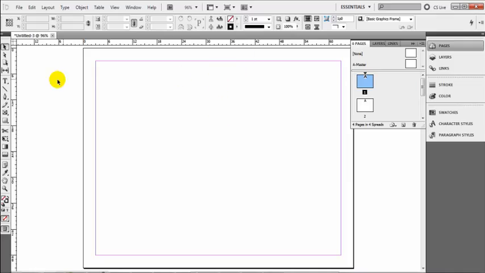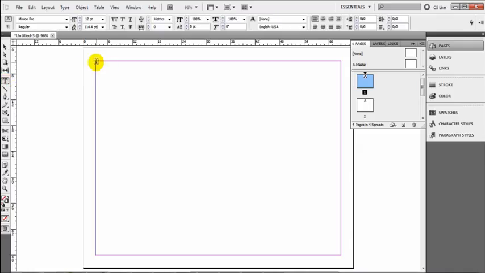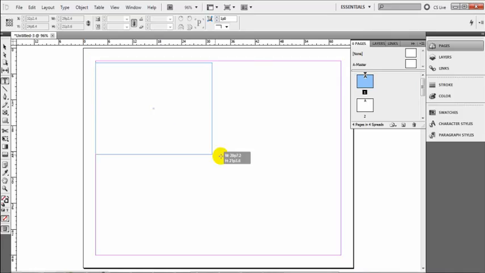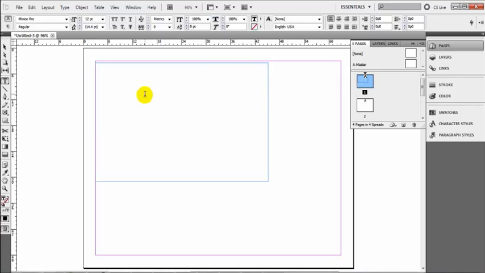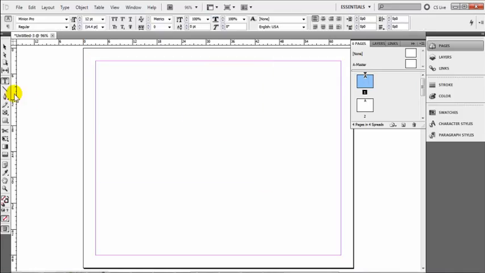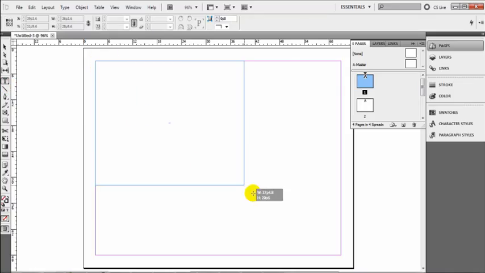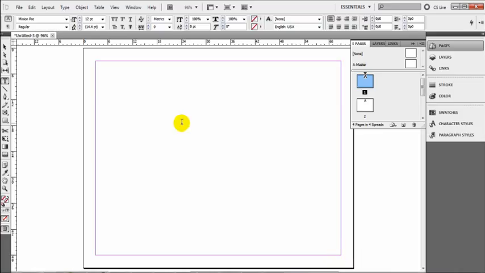So the first thing I'm going to do is go to my text tool, which is this T. And I'm going to draw a box in this pinkish, purplish rectangle here. And I didn't even lock on. I'm going to Control Z that. So I'm going to go up here, lock onto the corner, and draw a text box that covers this whole area here. And I'm going to type my name